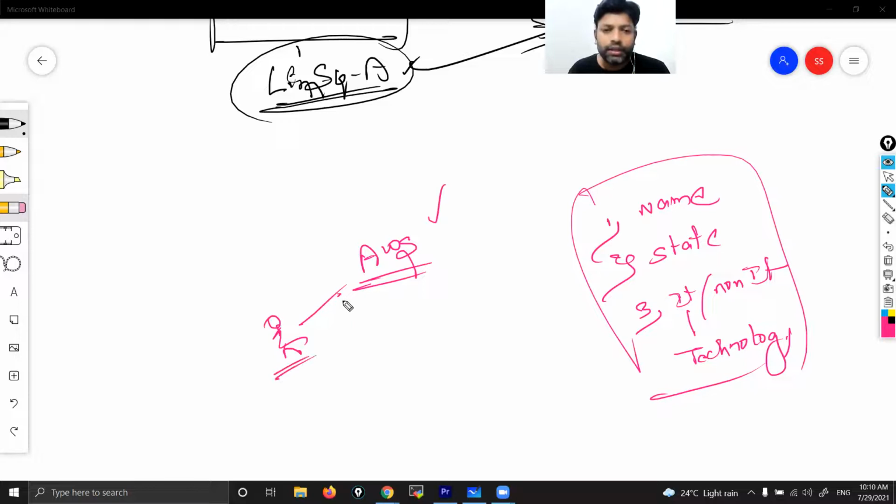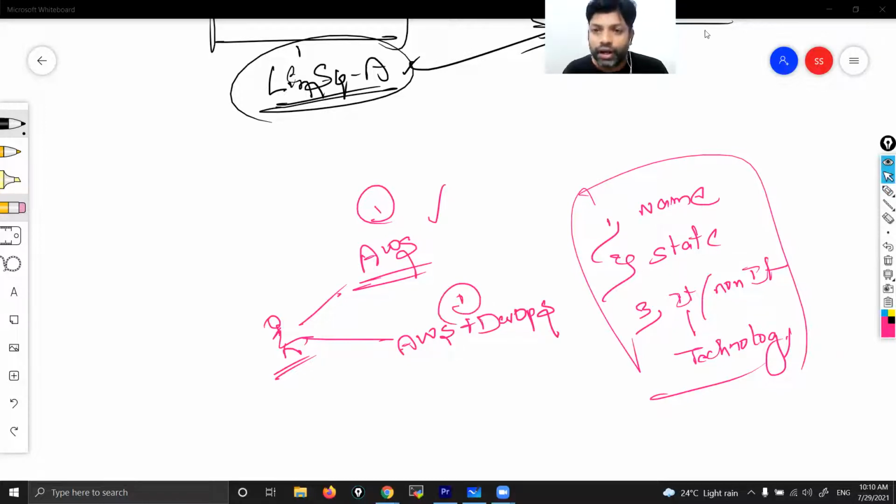But suppose they want one guy. One is coming with only AWS, another one is coming with AWS plus DevOps. You are a recruiter, you need one guy. Tell me who you prefer.